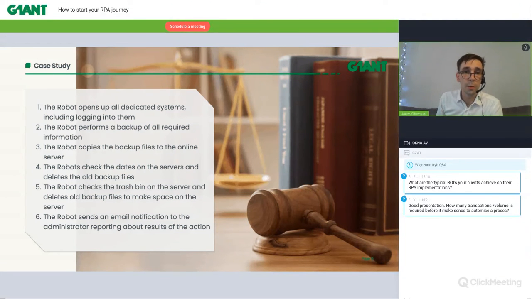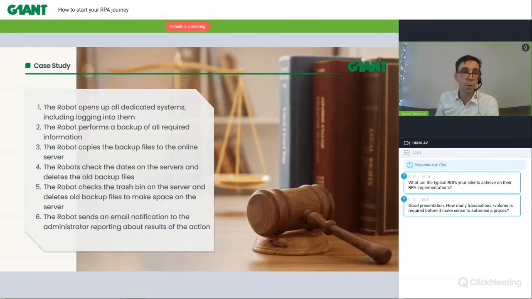So the robot opens up all dedicated systems, including logging into them. Then the robot performs backups of all required information, and copies the backup files to the online server, so the files are safe from now on. Then the robot checks the dates on the servers and deletes old backup files, so it makes space and we won't get confused.